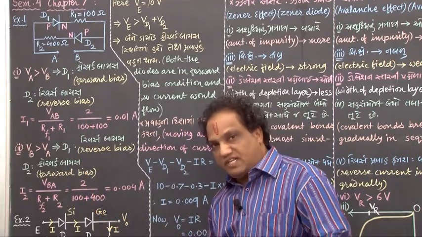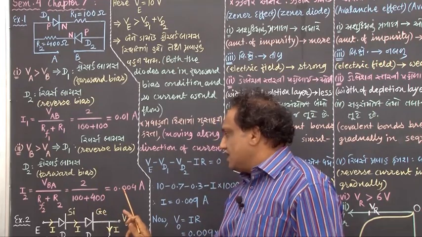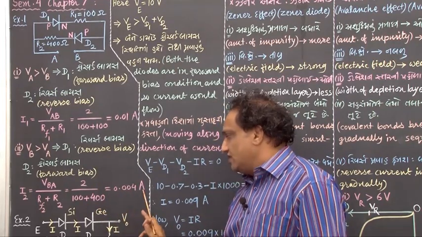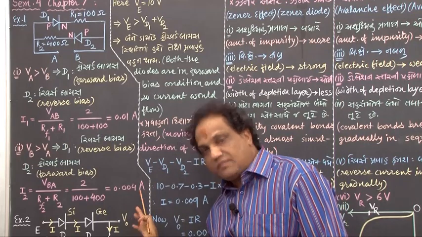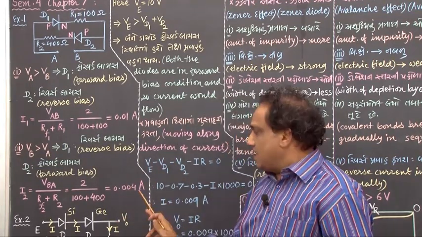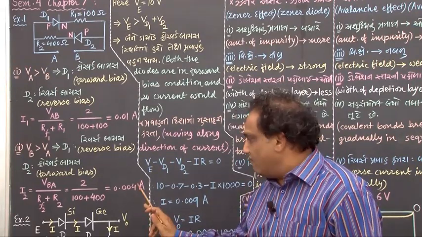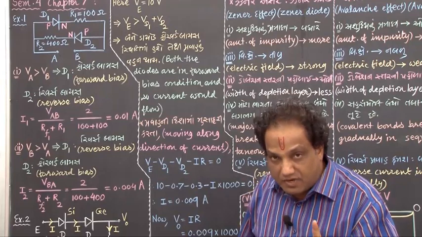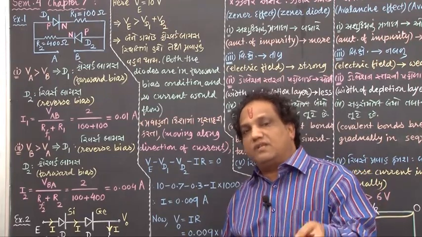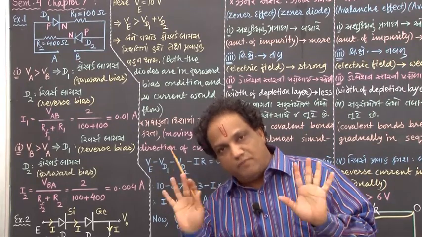100 plus 400, that is 500, and 2 upon 500 if you find out, answer is 0.004 ampere. If they ask this current in milliampere, you may multiply this ampere value by 1000. When you multiply this by 1000, it will become 4 milliampere. But unless and until asked in milliampere, you should not convert the value in milliampere, leave it in ampere only,